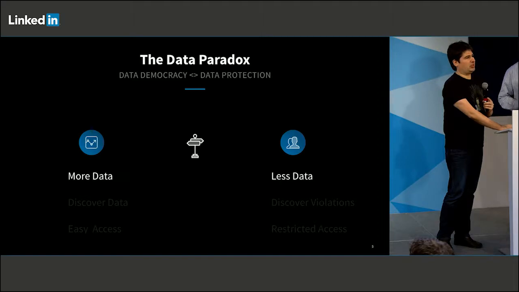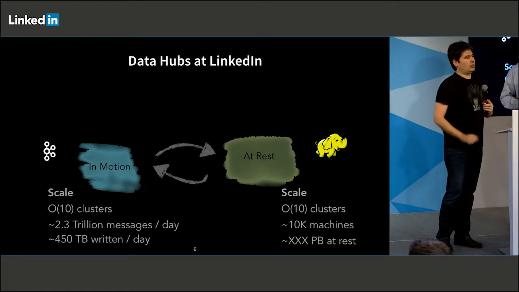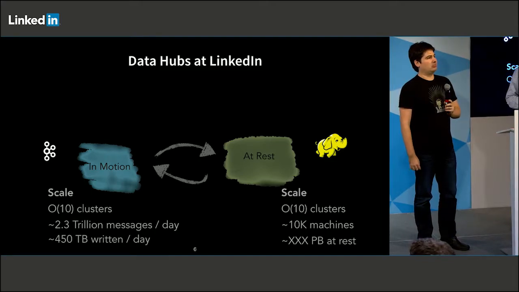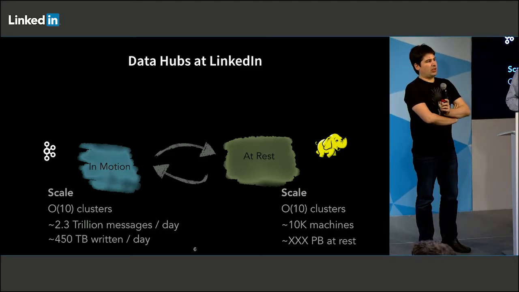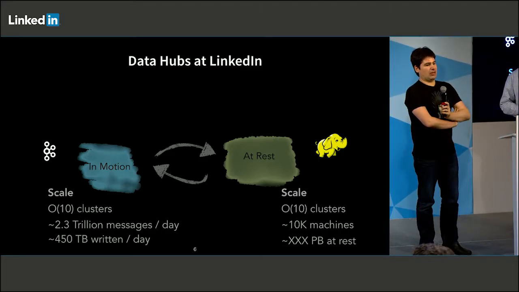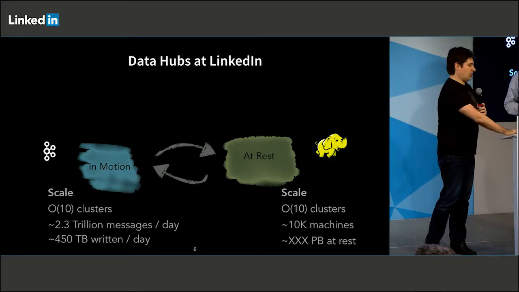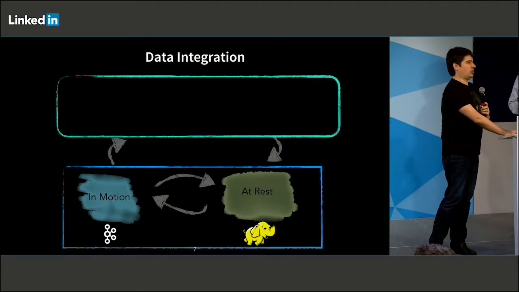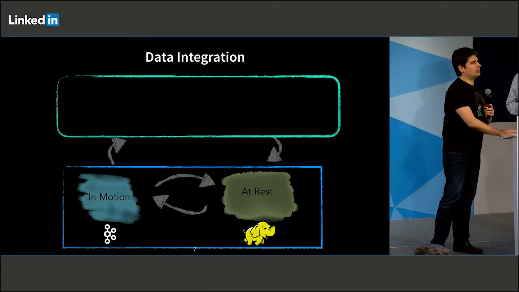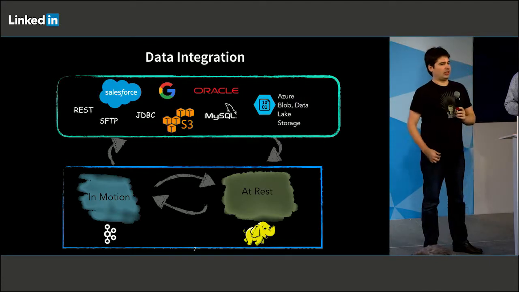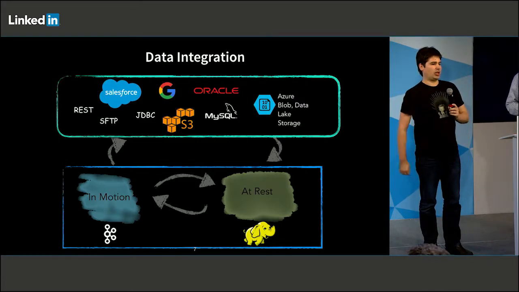So let's talk about how we deal with data at first. A quick overview of the LinkedIn data ecosystem. I think people may have seen some of these slides before, but we have a large number of Kafka topics and data generated from what people do on the site, generated from database change logs, things like that. This all gets ETL'd into Hadoop. Then we also pull information not only from Kafka, but a large variety of other data sources: Salesforce, random REST APIs, MySQL, Oracle, and things like that. And Goblin powers most of these arrows. That's actually why we built Goblin in the first place, to standardize all these movements back and forth.